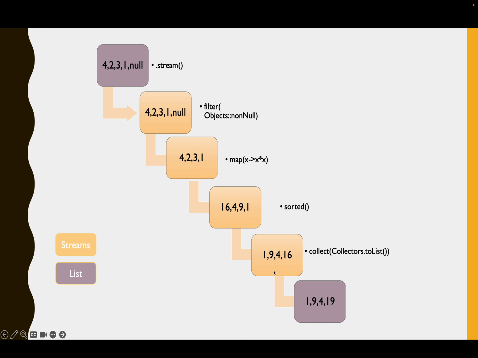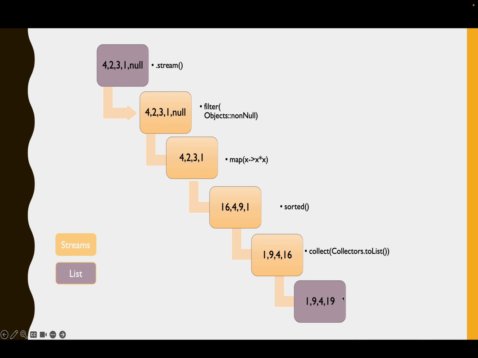So a sequence of objects is created from this collection, and this stream supports various methods like filter and map, and these methods can be pipelined, that is, processed one after the other. In this example, I have a collection with 5 elements that has a null, and I am trying to filter out the null, keeping only the non-null elements. With these non-null elements I am processing my next step. So this is the pipelining of operations, where one operation can be processed after the other